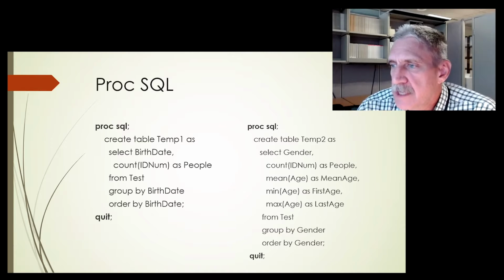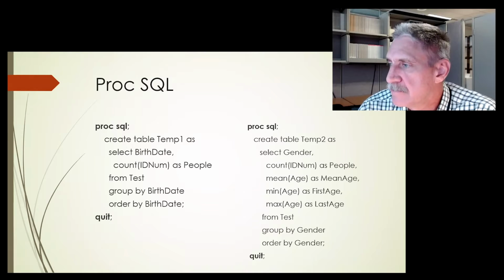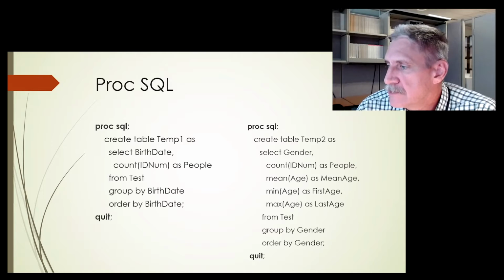First one, you create a table. It's going to have the birth date and then the count of the birth date. So it's just a frequency, just like proc frequency. It will give the table, but it's not going to show it on the screen. So if you wanted to have that, you would do a proc print afterwards, or you would open the data set itself. The second one is basically doing a proc means. You're getting a count, a mean, a min, a max, and stuff of the gender and ages. So you can get the same things, just whichever way you prefer.